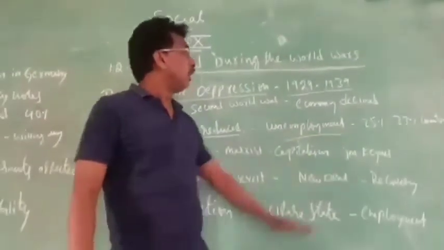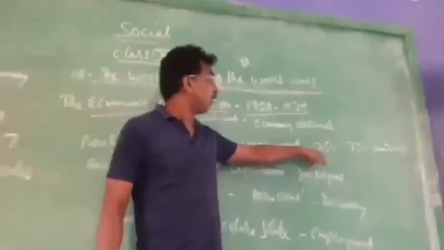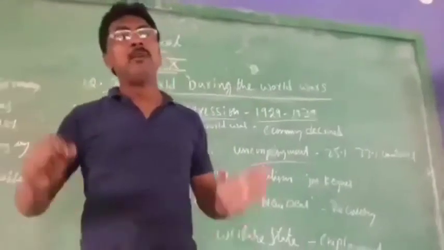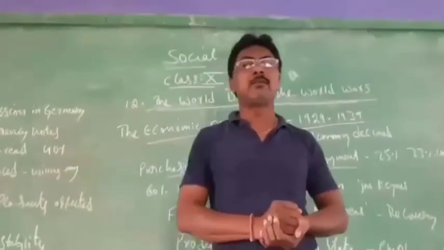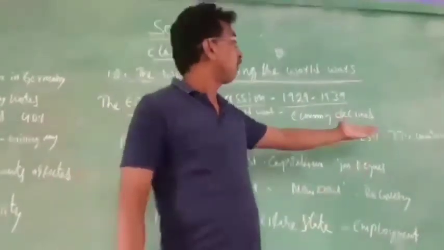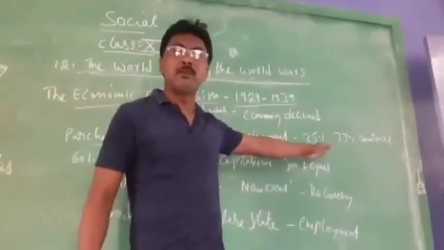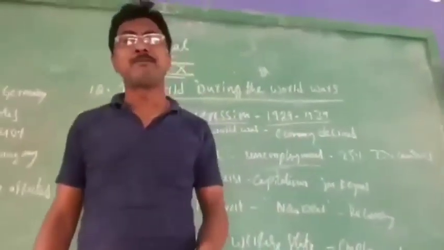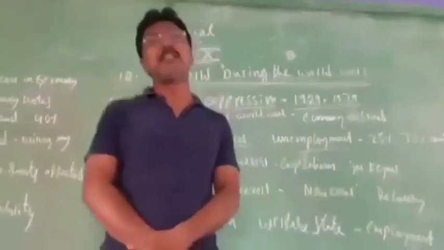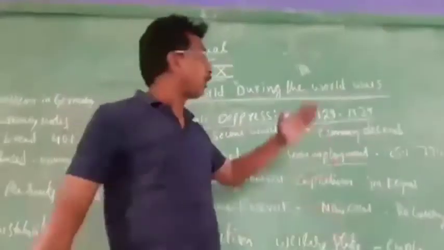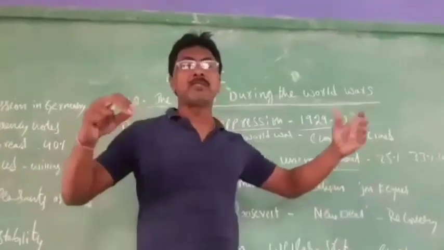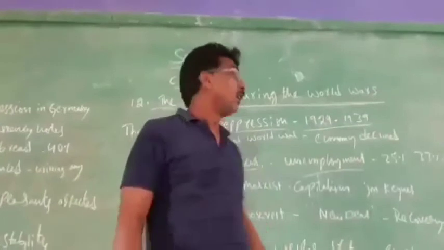And everywhere, in all the countries, in America only 25% unemployment problem happened. America is such a developed country, and there 25% unemployment has happened. If you compare with the European nations, in Europe, 33% unemployment was happening. That is France, Germany, Italy, Hungary, Austria. These are all countries under the European nations. So 33% unemployment was happening in those countries.